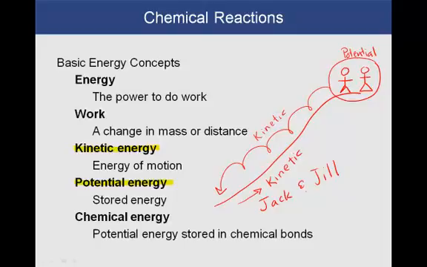Remember just the slide before when we talked about photosynthesis? The food that we eat ultimately comes from the process of photosynthesis. Energy from the sun, kinetic energy from the sun, is utilized by the plants to make chemicals that we eat, and we can derive our energy from the chemicals in our food. Chemical energy is a major source of potential energy, stored energy in chemical bonds. And that's why we study chemistry and why we study different types of energy and see how they apply to living systems.